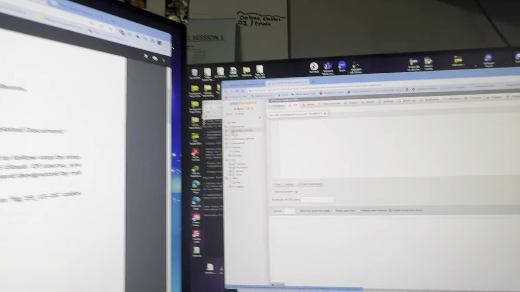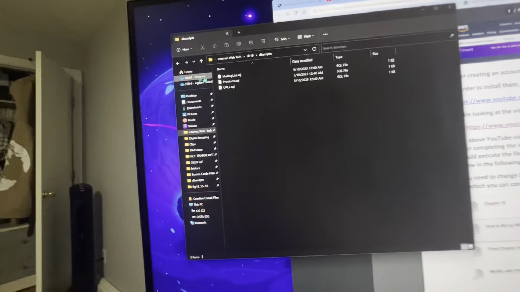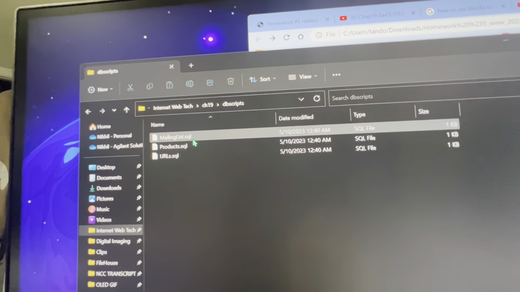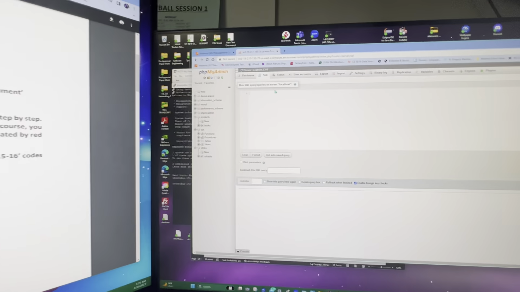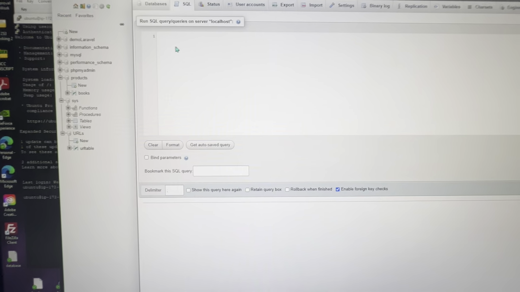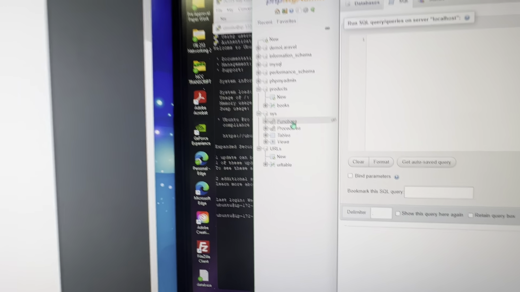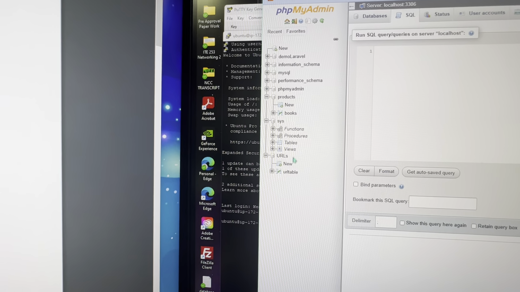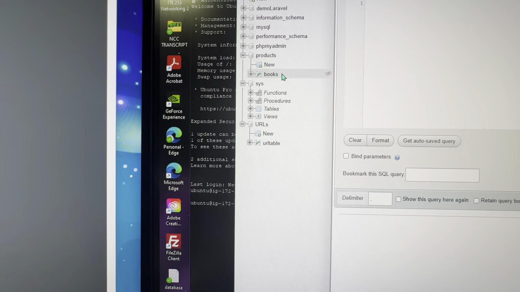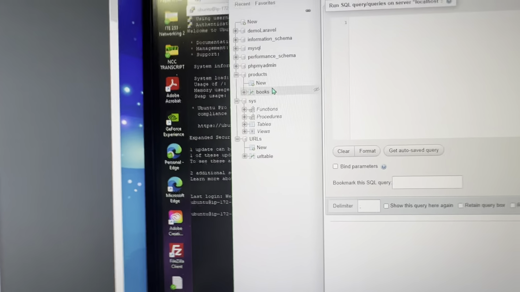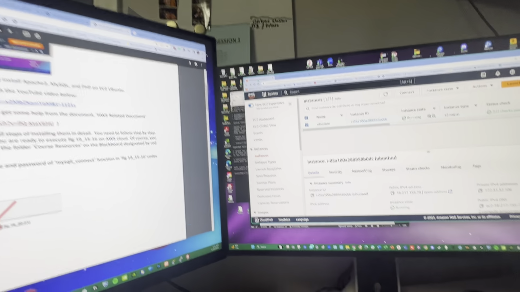But yeah, so you had to take these scripts one by one from here, all these SQL file scripts, and put them into the SQL right here, and just copy and paste them, and then it would generate a specific database for those ones right there. And then once that's done, you would have to